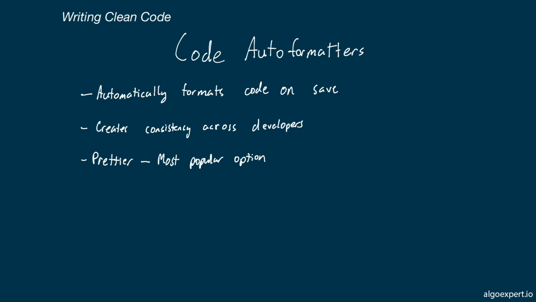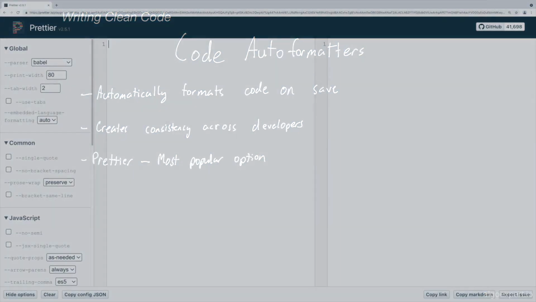Additionally, this allows you to create consistency. So if all of the contributors to your project are using the same auto formatter, then everybody will have the same styled code with the same size spaces and tabs, the same max character length, and so on and so forth. So to show how Prettier works, we can actually come over to the browser